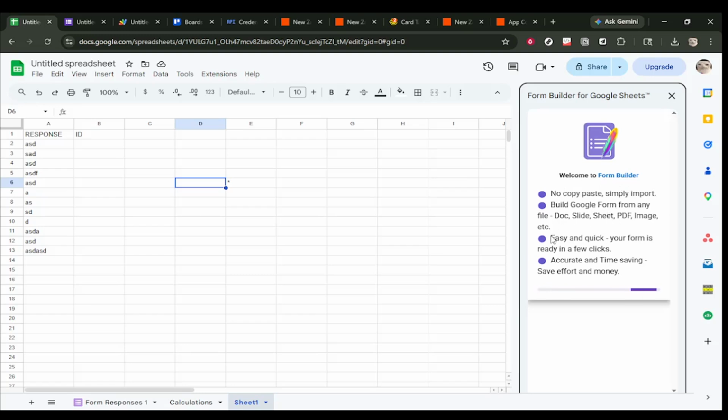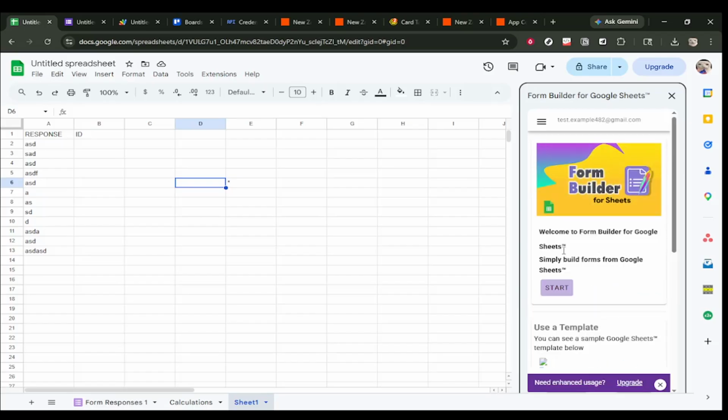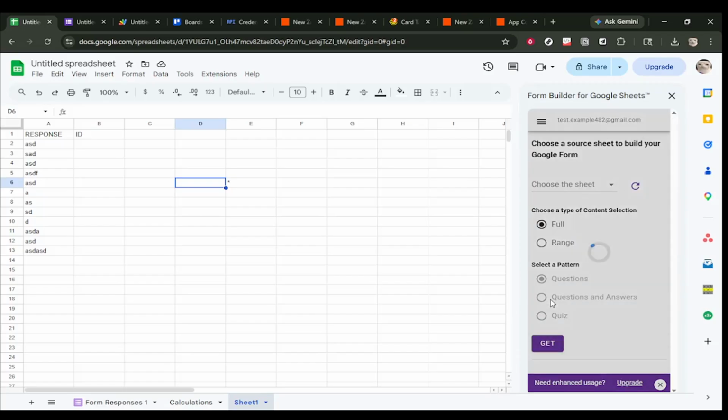Next, click Start. This begins the process of generating a Google form based on the data and layout in your sheet. Starting the tool is the point where the extension begins reading your spreadsheet and preparing to create form fields that match your structure. While it loads, avoid editing the spreadsheet in another tab, since changes during the import process can sometimes cause mismatches. After you click Start, the tool will guide you through building your form from the spreadsheet